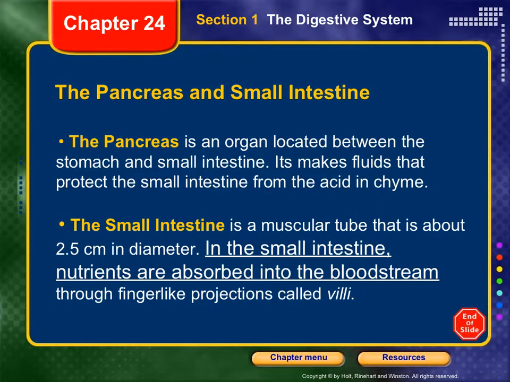Question? The pancreas is located between the stomach and the small intestine, and it makes pancreatic juice. And that goes into the small intestine, and it's an acid, and it helps to digest your food even more. In fact, most of the microscopic digestion in your digestive tract happens in the